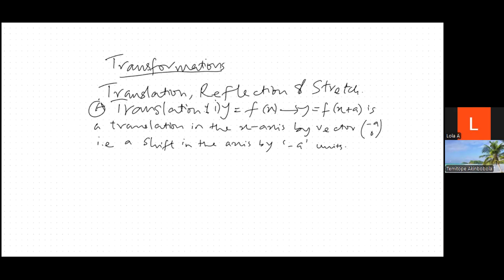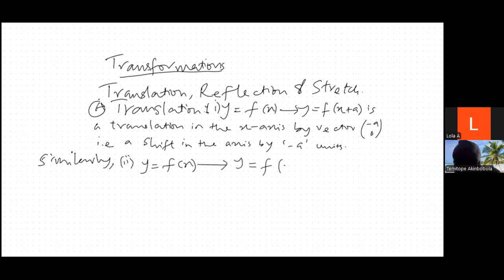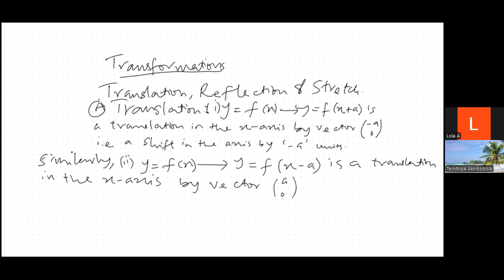So similarly, that's number 2 now. y equals f of x transforms to y equals f of x minus a is a translation in the x-axis by vector a, 0. That is a shift